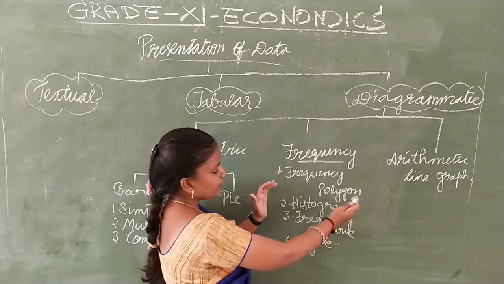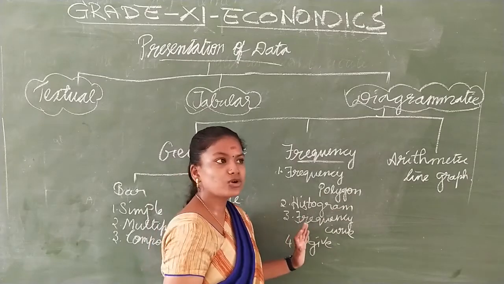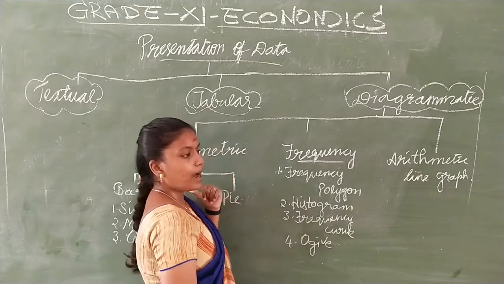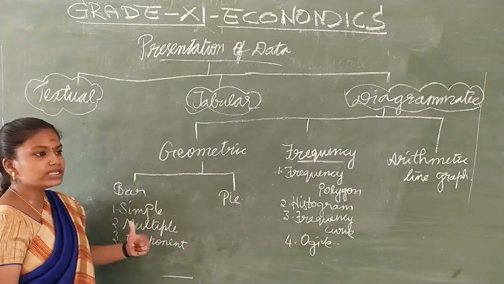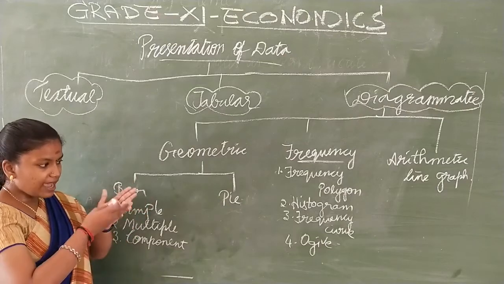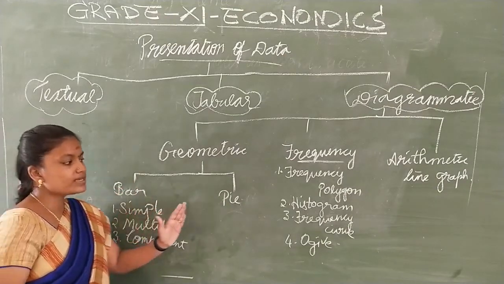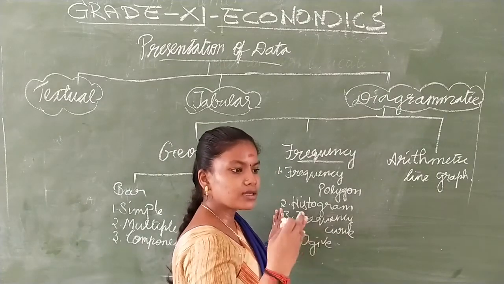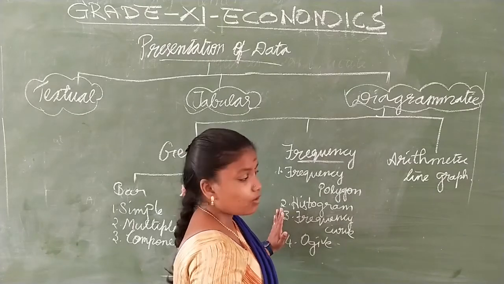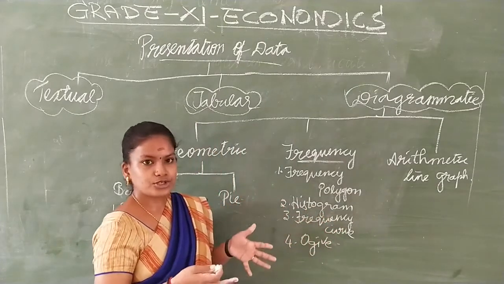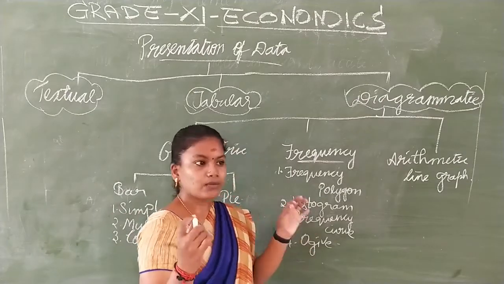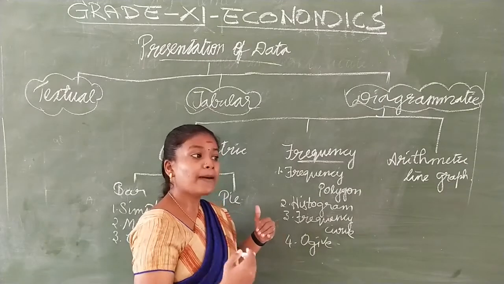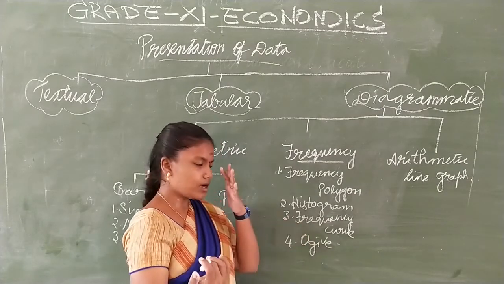So the first one is actually the histogram. What is a histogram? It is similar to a bar diagram. But what is the difference here? Bar diagrams are equally spaced and of equal width. They have space in between each bar, whereas histograms are rectangular bars drawn continuously. They don't have any separation. So even if you get continuous data with a gap, you need to adjust it. You need to adjust the gap in the class interval. We have already discussed how to do it, right?